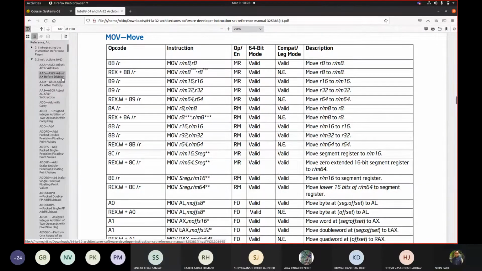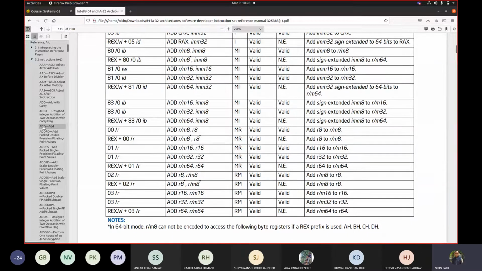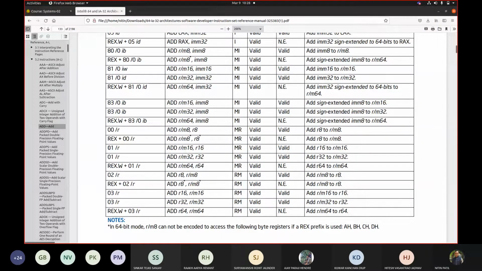Let me go here. Let me pick ADD. Yeah, same format that I saw earlier with respect to MOV. Similar kind of format is there. So like the thing was 01. Let us try to see where is 01. See 01, it is having the same format: ADD RM32, R32, which was similarly there for your MOV instruction as well. Am I right? It was like this only. Only that MOV was replaced by ADD, and that's why one can see here 01 for ADD, and for